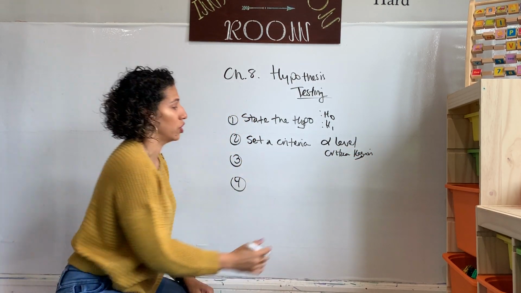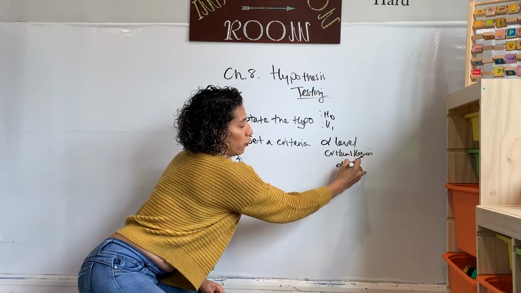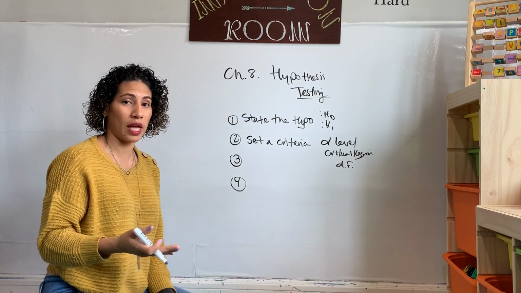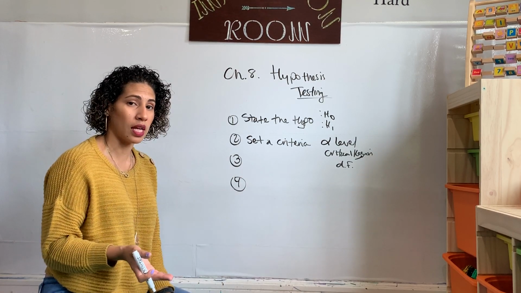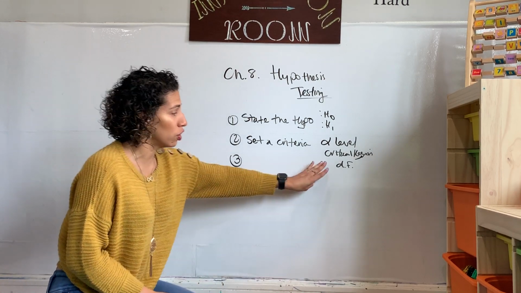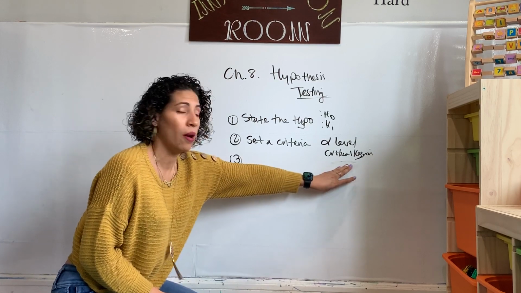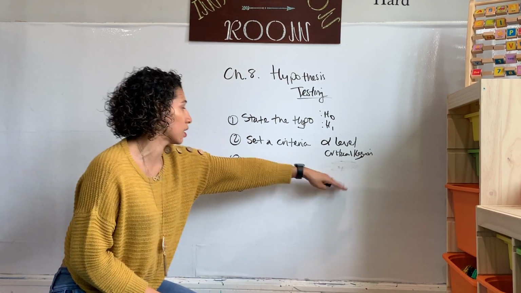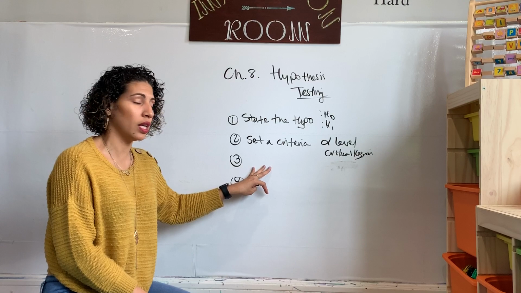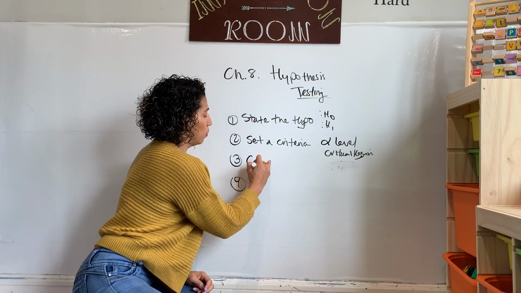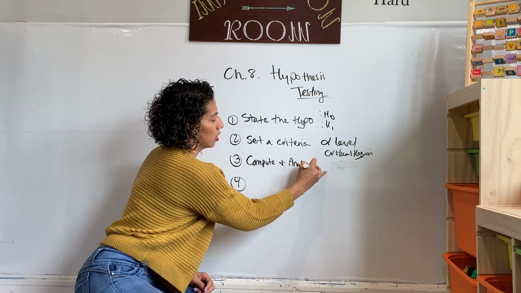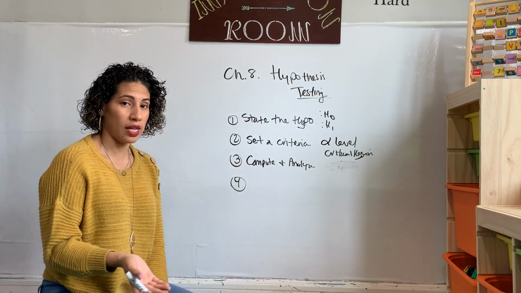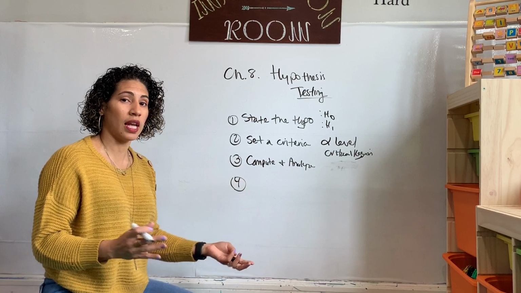Then it's also interested in degrees of freedom if we go beyond the one sample z-test. In this video, we're going to talk essentially about the one sample z-test. When we go beyond using this, degrees of freedom really won't count right now. But remember, there is a third piece to this. When we go to step 3, we're going to talk about now compute and analyze. So essentially you're going to run your test and get results